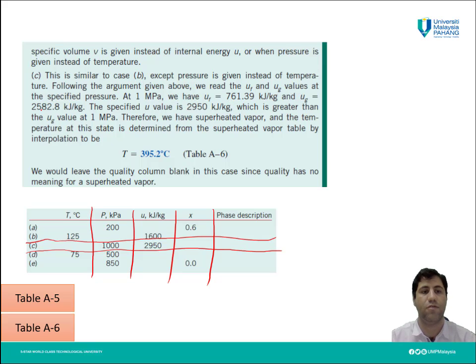761 and 2580. What we have here is 2950. So what we have here is superheated vapor. And the temperature at this state is determined from the superheated vapor table. To find temperature for this state, and also X here, it doesn't make any sense because we have superheated vapor, so it is 0, or how we can also write 1, but it is meaningless, so we don't have quality for this